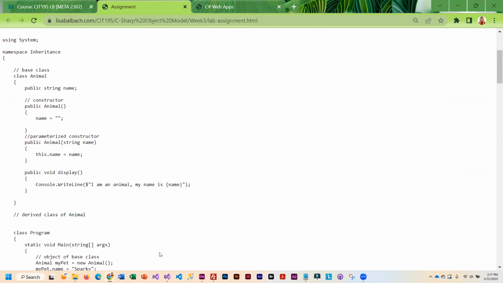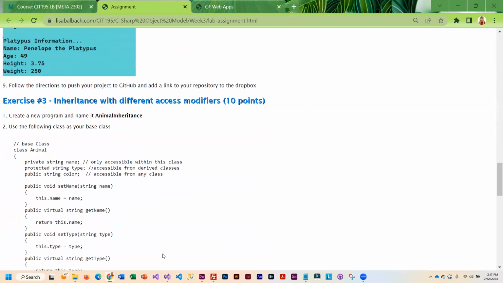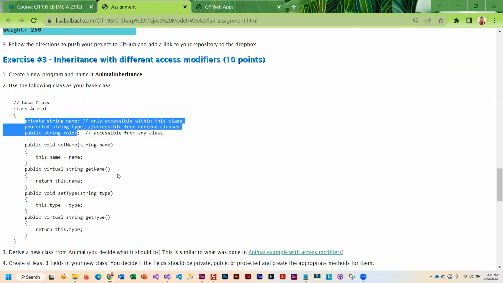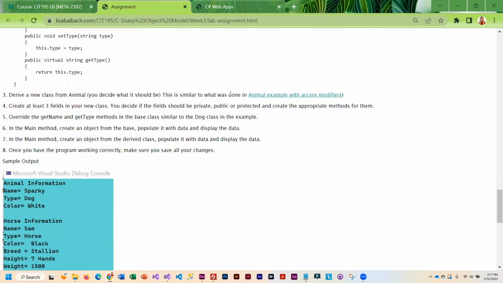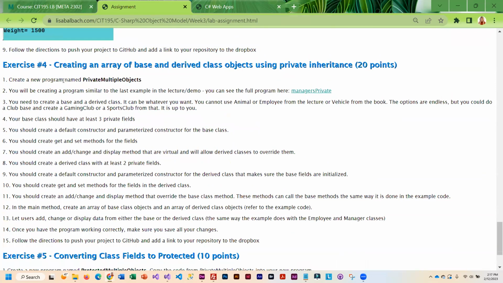And then exercise 3, you have a completely different program that you're going to be working with where I give you the base. And you'll see that we've got different access methods that you're dealing with here. And I do refer you to an example in the lecture demo. And then the last 2 deal with